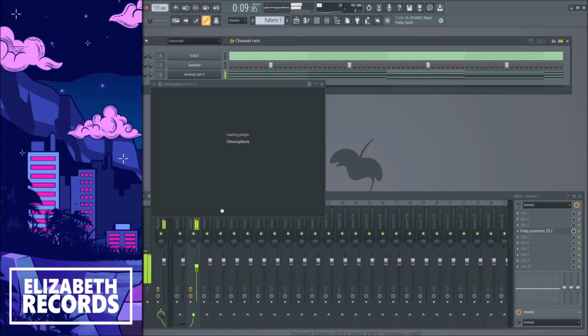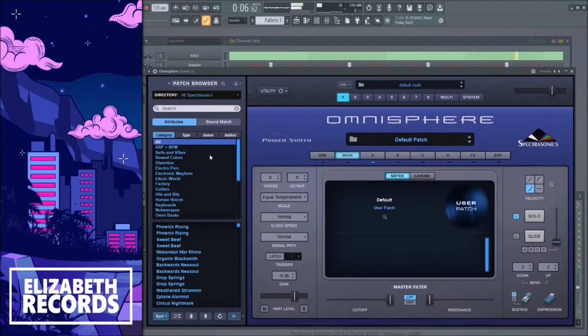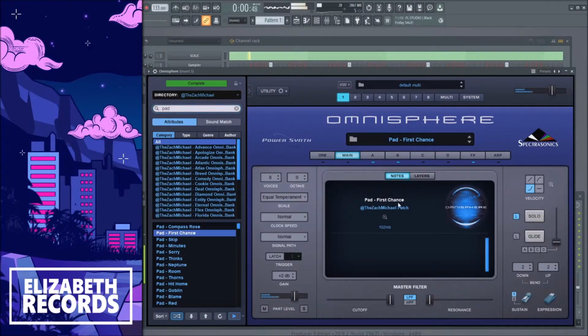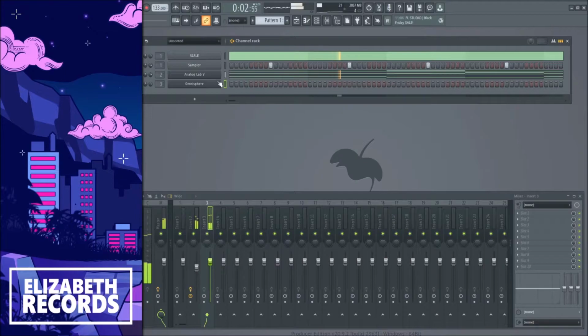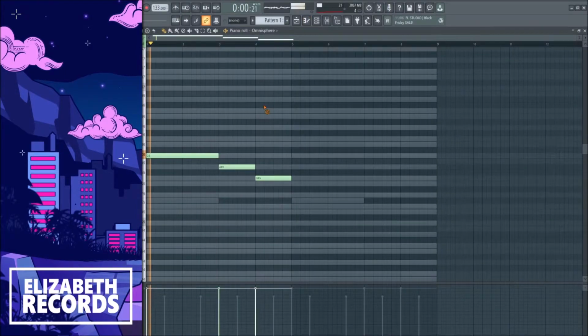All right, so next we're gonna open up another VST and just find another sound. We have this bass pad, but I want to make it sound more full, and we're gonna try to find another pad within Atmosphere to do that. So we're gonna try to find a pad that can hopefully give us some higher frequencies, because I removed a lot of the high frequencies from the first